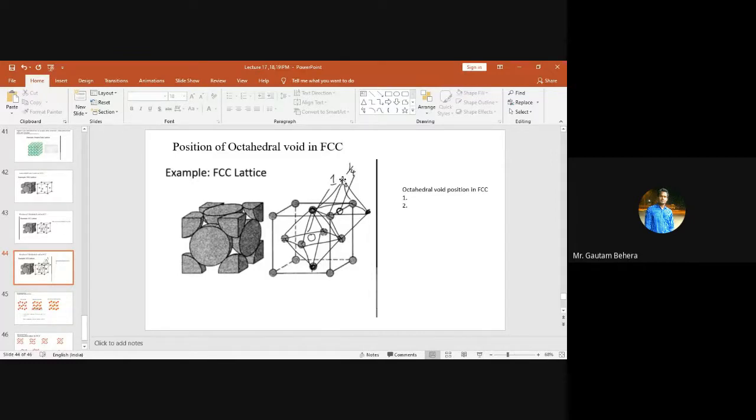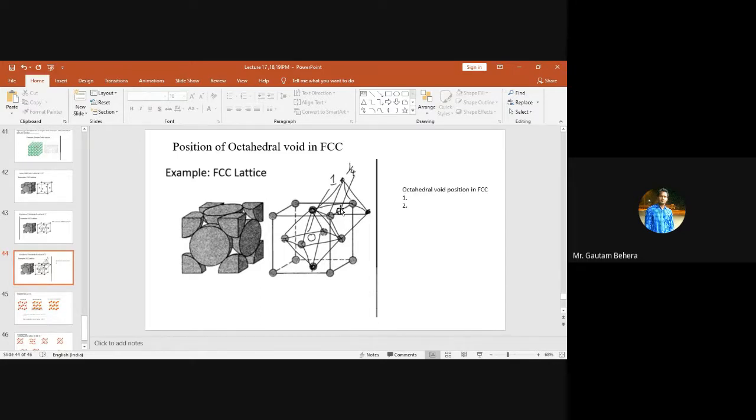Just imagine another unit cell on the top of this. This is also a face centered atom, right? So this atom will be a face centered atom of the top unit cell. So this is one atom from the top, one atom from the bottom, and these are the 4 atoms in one plane, right? So the total is 4, 5, and 6. So a void will form, and that void will be here at the edge center of the FCC.